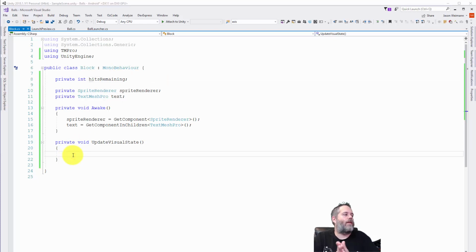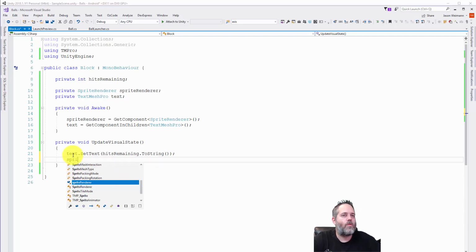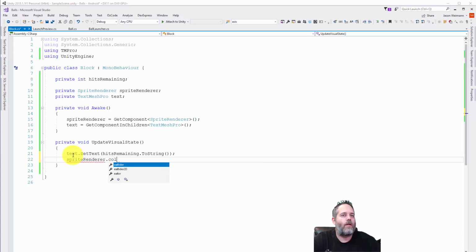And here we're just going to say text.setText. So this is how you set a text mesh pro text value. And we'll say hits remaining.toString. And then we want to set the color of the sprite. So I'm going to say sprite renderer.color